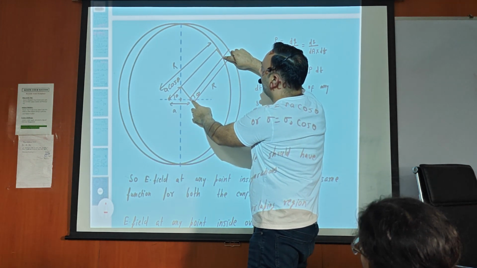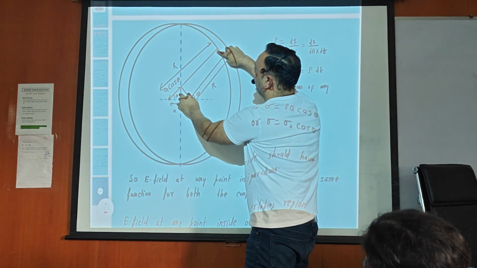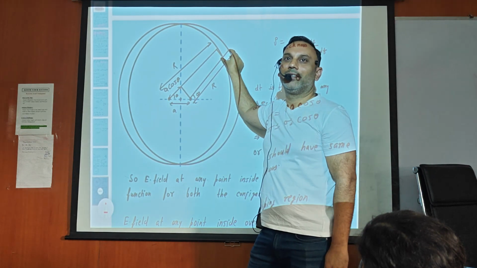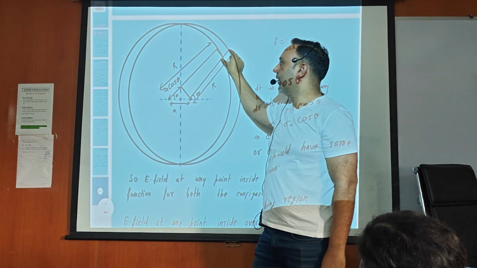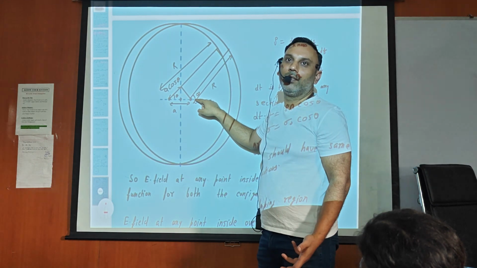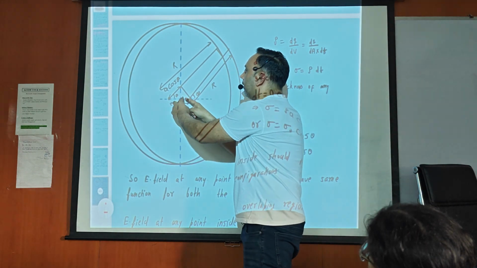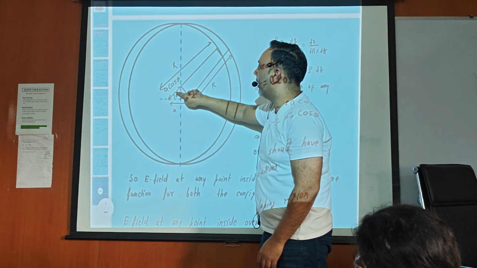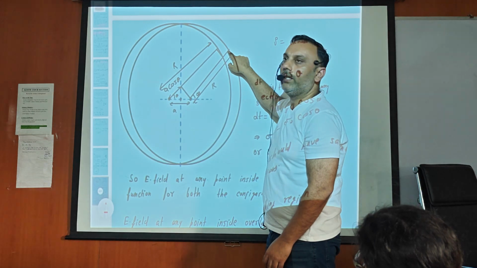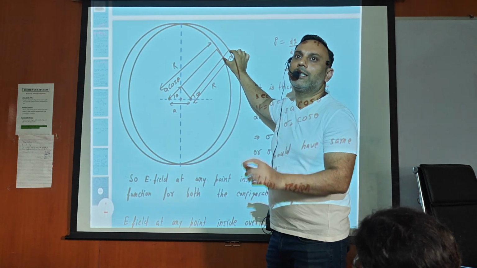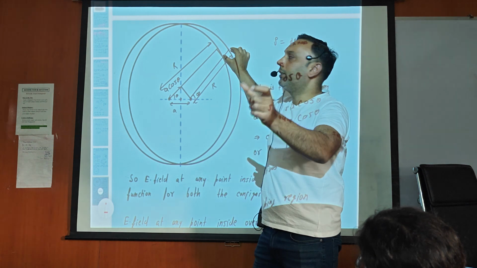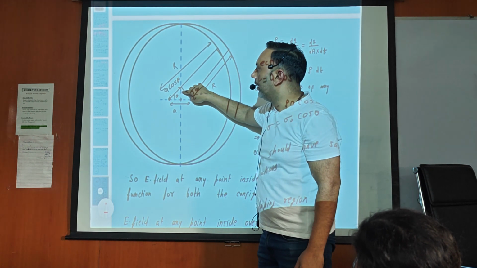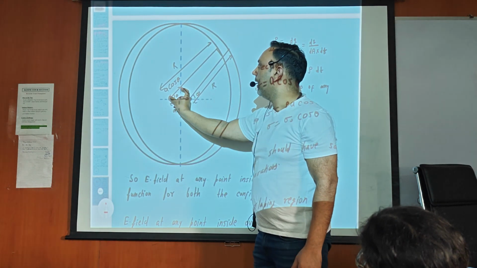Now just draw a normal from here and a normal from here. So this extra length is basically this length. See beta, these two angles are almost equal because these are very big spheres and the centers are separated by a very small distance. If you join from here, this is the radius, this is also the radius. So this extra length is what I want. This extra length is basically dt. I am drawing a normal from here and from here also. This is 90 degrees, this angle is theta, so this length is a cos theta.